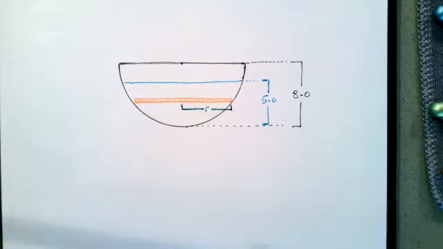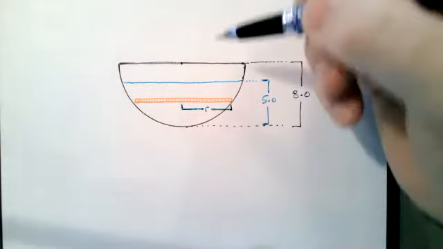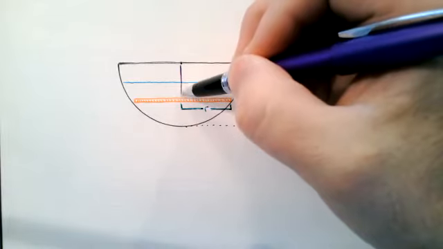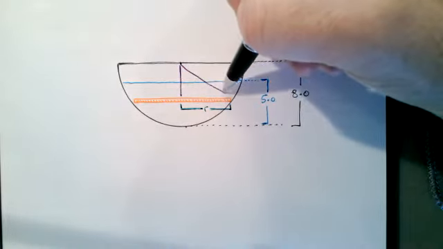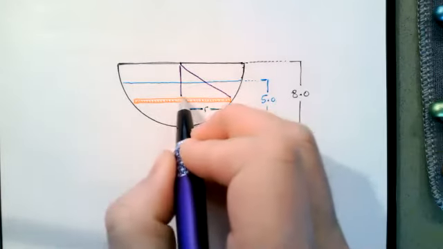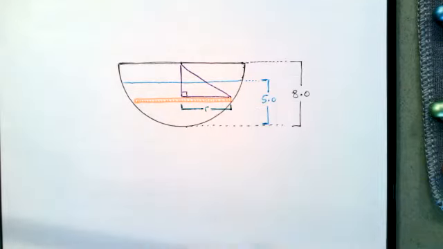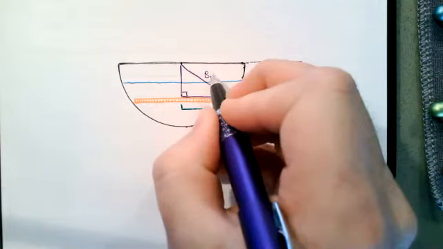And I still need to turn this r into a vertical variable, so I still need this right triangle. And the hypotenuse of this right triangle is still 8.0,